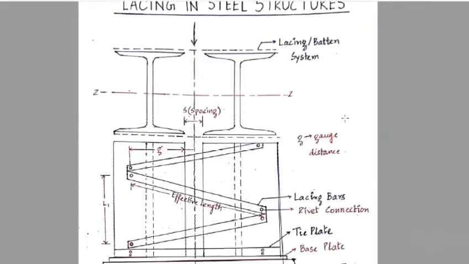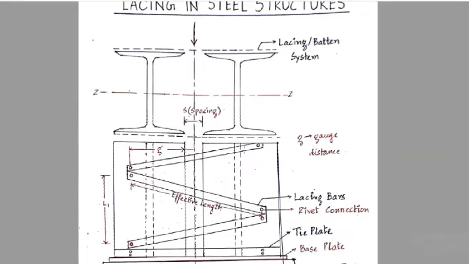Now, if you observe the screen, you can see certain figures. All these figures represent a built-up column which has been composed of 2 I-beams or 2 I sections. First observe this figure. Here you can see 2 rectangular portions, okay? These rectangular portions are nothing but the flanges of 2 I sections, and these 2 flanges have been interconnected with the help of these inclined rectangular flats or inclined rectangular plates. These rectangular plates are nothing but lacings, and they have been bolted to the flanges of these I-beams, okay?